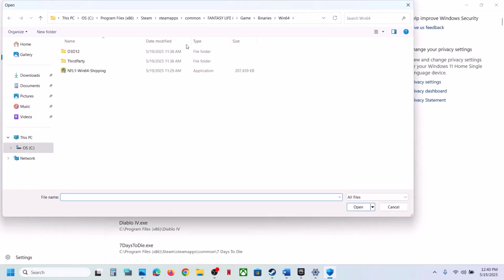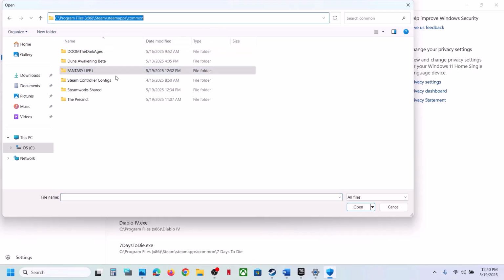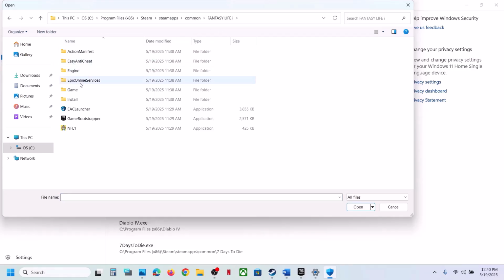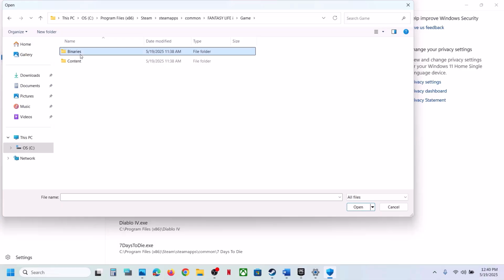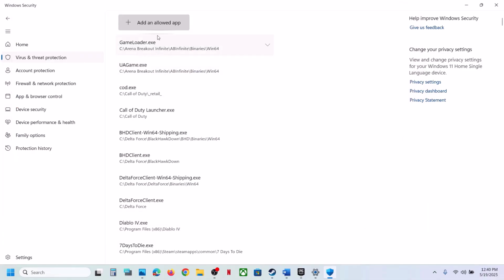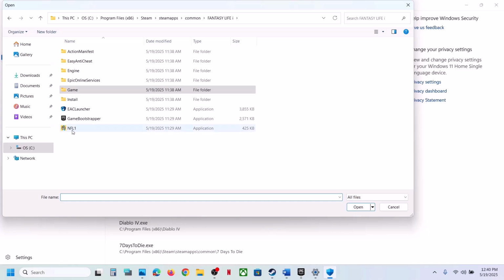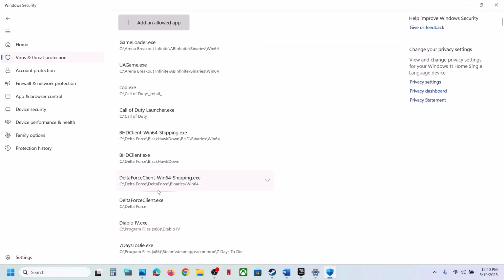Now go to the game installation folder. So in my case the game is installed in this location. So open the game folder. Open the game folder over here, Binaries, Win64. Select the game exe file. Click on open and then click on add an allowed app once again. Click on browse all apps and go back